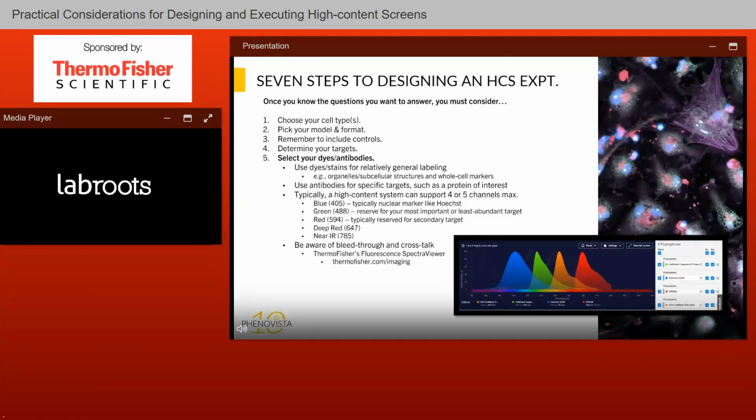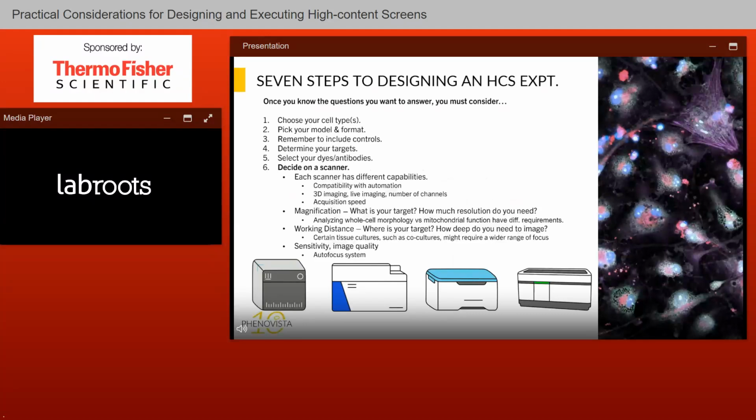Thermo also has a nice spectral viewer tool that we tend to look at when we're trying to compare which dyes we should be using for particular assays. That's a nice tool I'll direct you to. And then the scanner: as mentioned, Thermo is one of the major high content systems